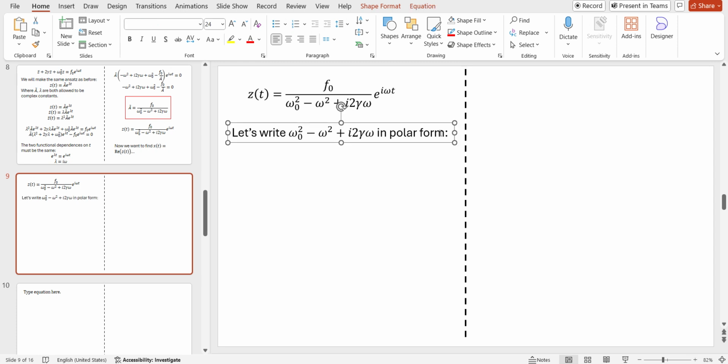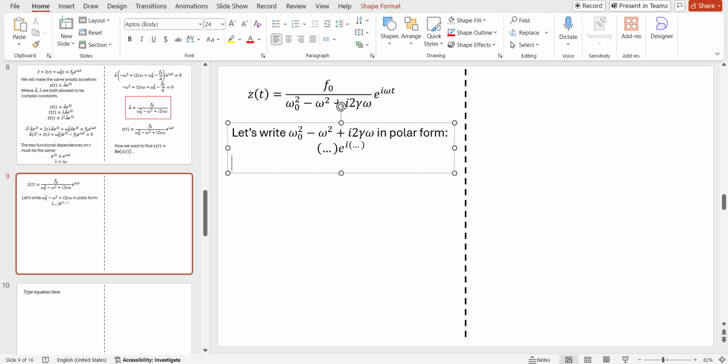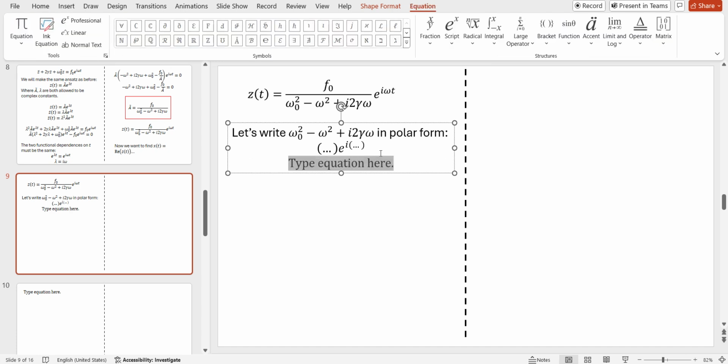Okay, so if we do that, well, it's in Cartesian form right now. So we have to take the amplitude, or the number that goes in front. Just to remind you guys, it's something times e to the i something. That's what polar form looks like. So the first thing is going to be the square root of the real part squared plus the imaginary part squared. The real part squared is going to be